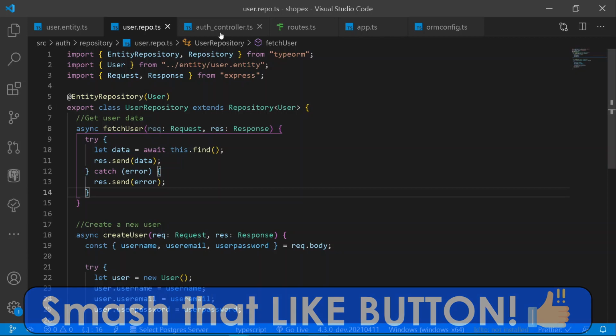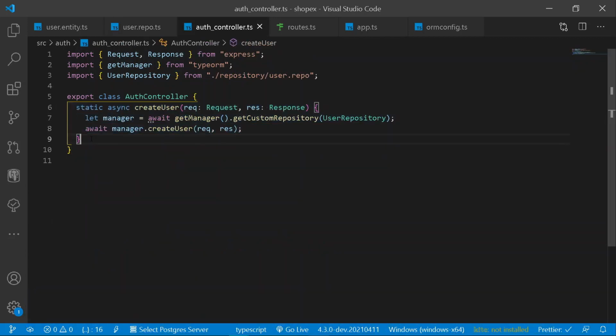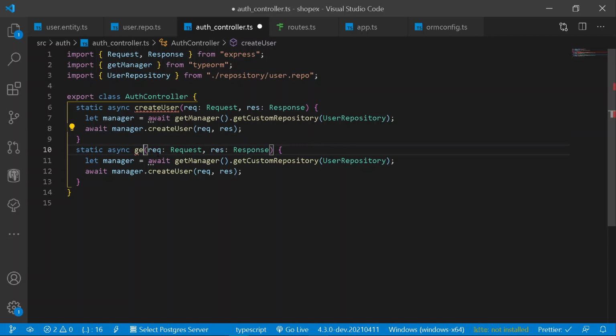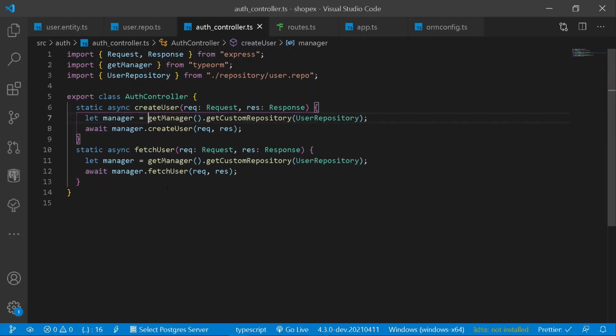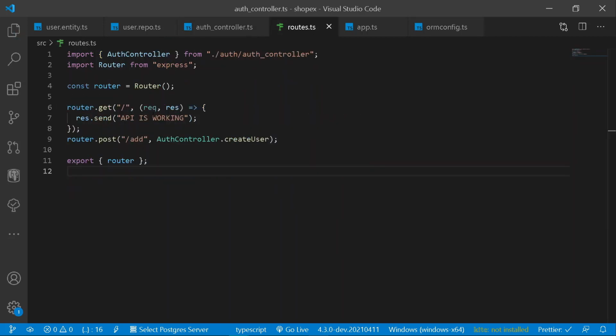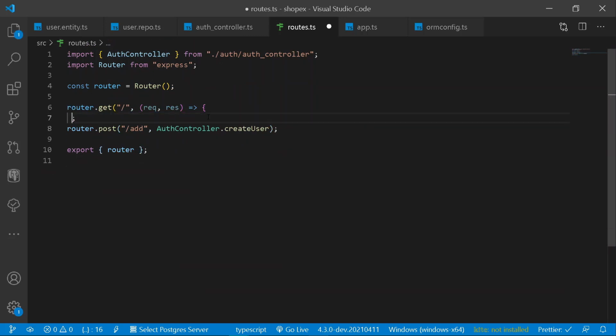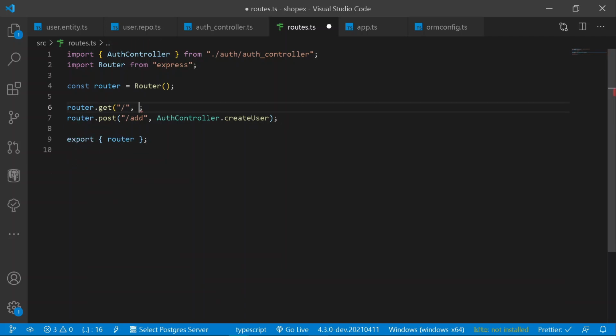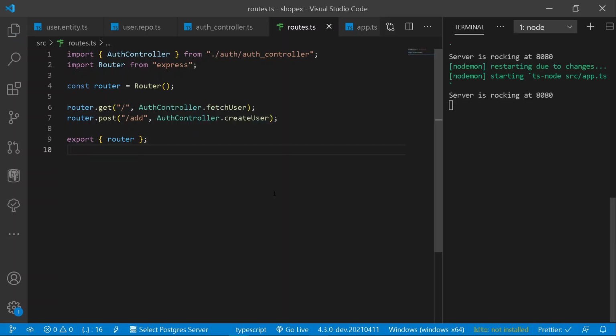For trying it out, first of all, let's go under auth controller, copy the following method, and paste it here. And here let's have a new method of fetchUser, just like this. Let's remove this, we don't need it, and also this thing, format document first. So now once we have added the property here, let's go under our routes, and here instead of this thing, we shall be simply adding the property that we have defined. For that purpose, let's go under our get method, and here I can simply say authController dot fetchUser. So now let's try it out.